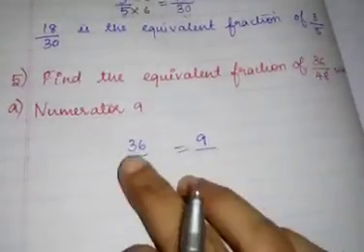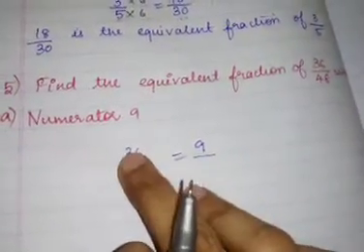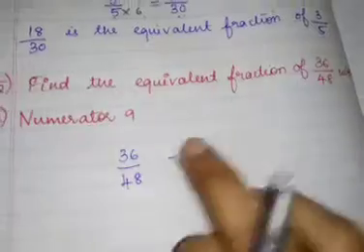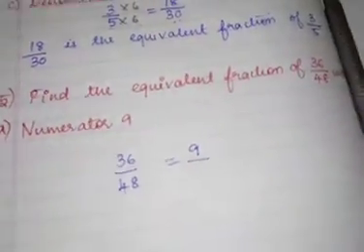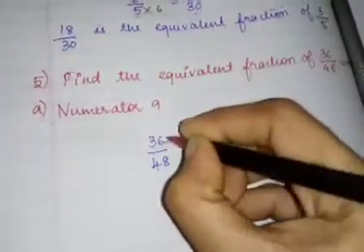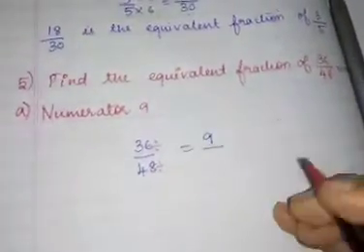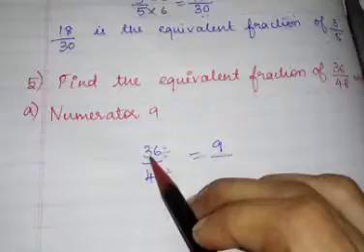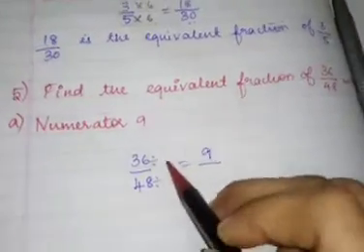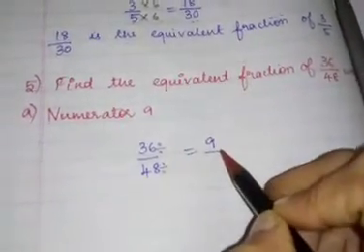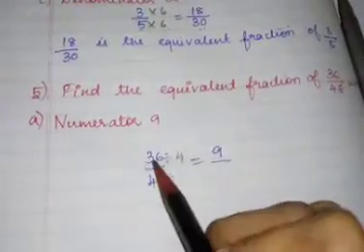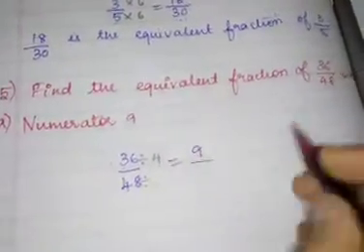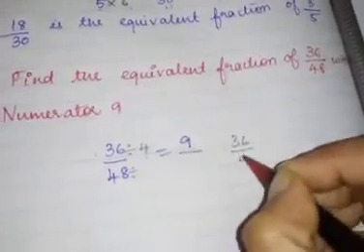So I have to convert this 36 to 9. 36 is very large and 9 is smallest. So what will you do, children? You will divide it. You will divide both ways. So 36, with what number if you divide, will you get 9? 4, because 9 fours are 36. So 36 divided by 4 is 9. You can check it and see, children.